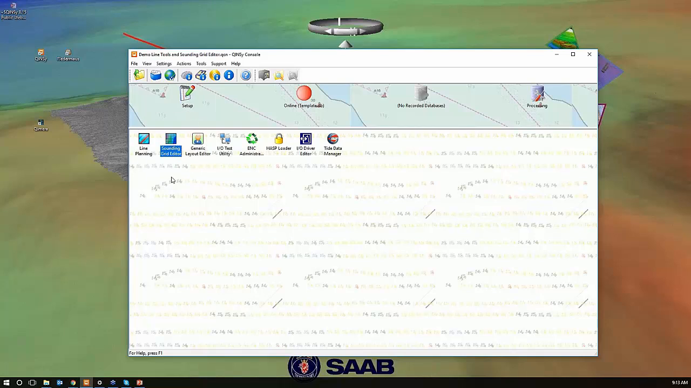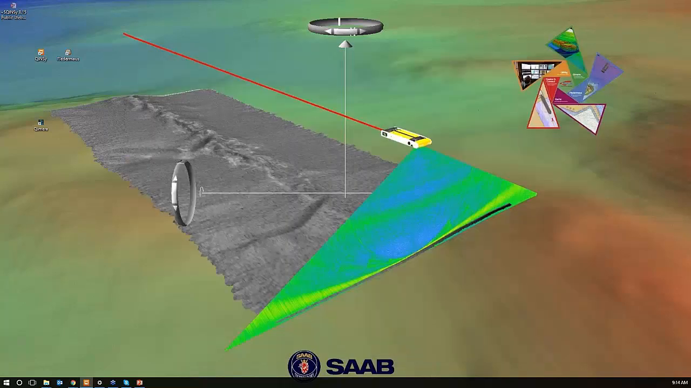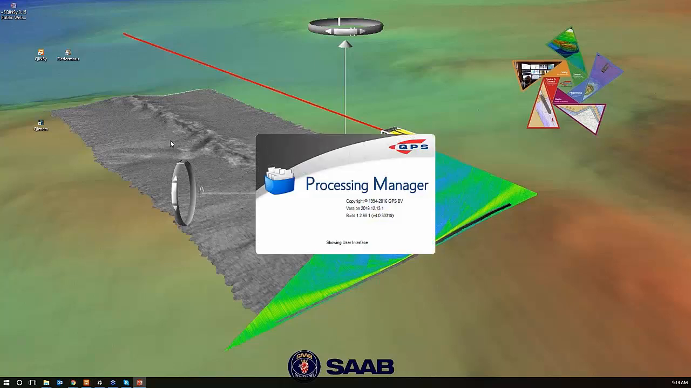From QINSy version 8.16 we will not distribute the line database manager and the sounding grid utility as is, so they will be deprecated from the installation. So if I launch line planning from the console,